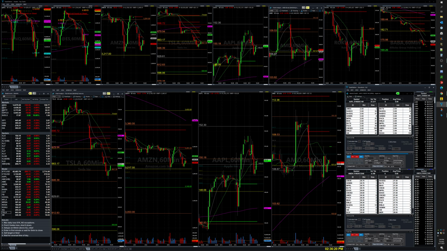But basically, it allows me to have 2 level 2 windows here, along with all of the advanced order features if I wanted to really get advanced in placing some orders. And then I have the corresponding time and sales. Now, of course, when you have these windows like this, for example, you have this market depth of this level